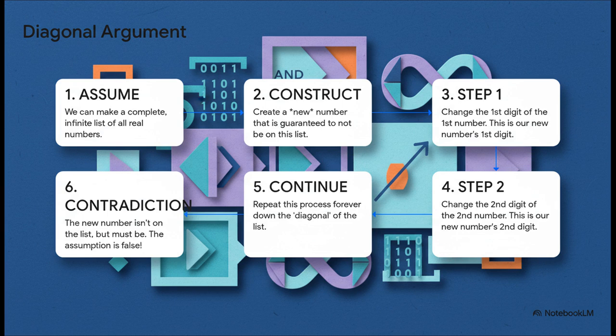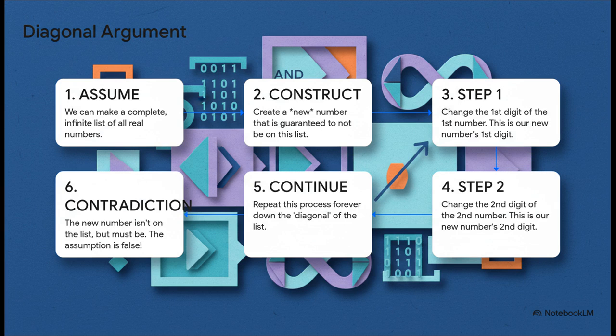We look at the first digit of the first number on our list and we just change it. That's the first digit of our new number. Then we go to the second digit of the second number and we change that. That's our second digit. We just keep doing this forever. What have we done? We've created a brand new number that we know for a fact can't be on our